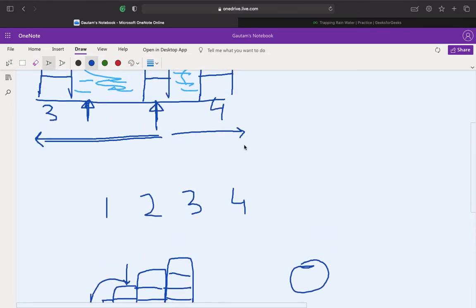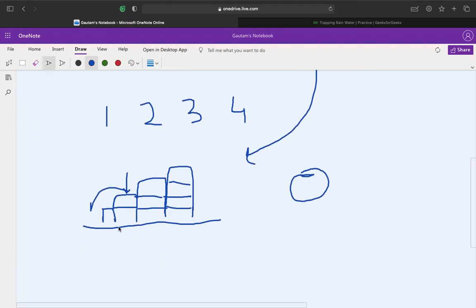And for this case, let us apply this logic. We need to find the amount of water that can be trapped, which is right now 0, right? Because it is intuitive that 0 amount of water can be stored. So what we'll be doing over here is finding the leftmost maximum, which is 2, and the rightmost maximum, which is 3, and we take the minimum, 2, and subtract the height: 2 minus 3, that will be negative.